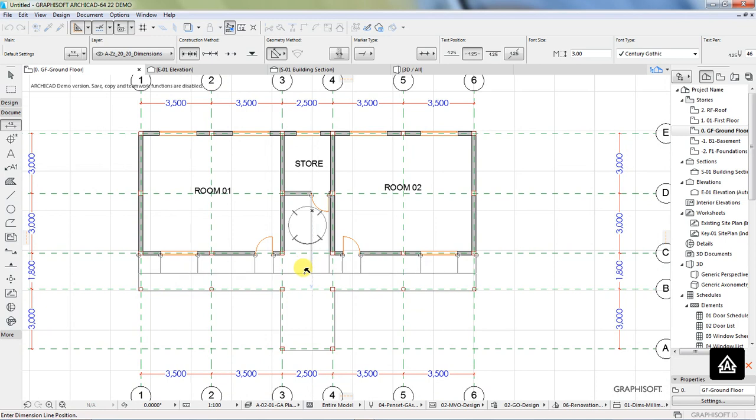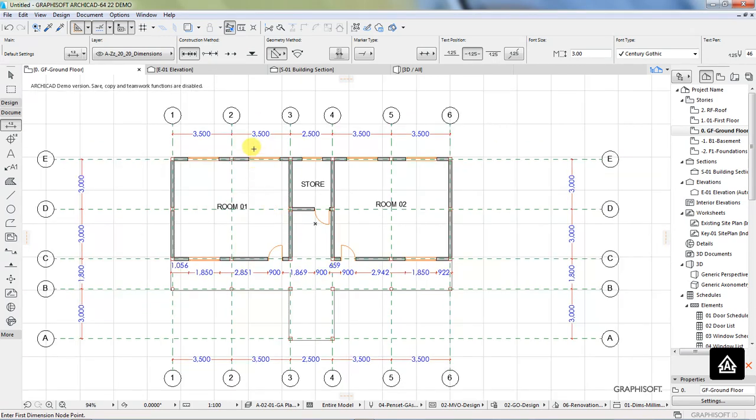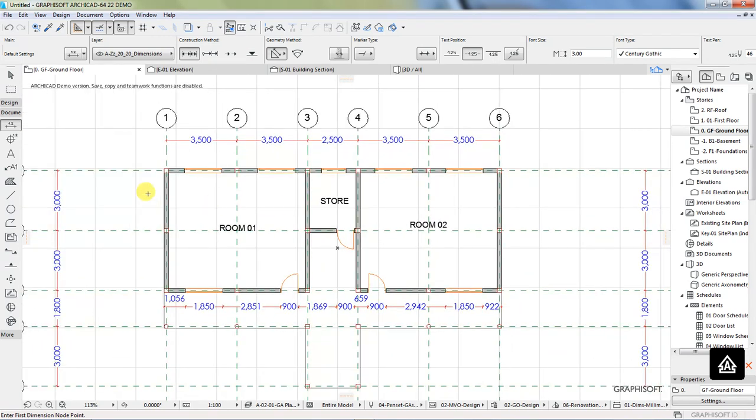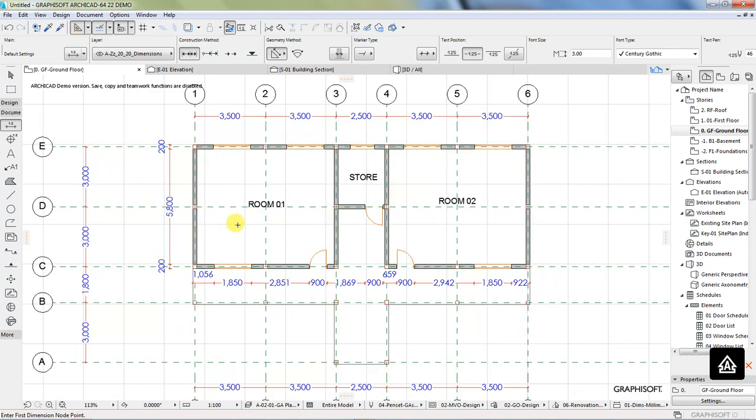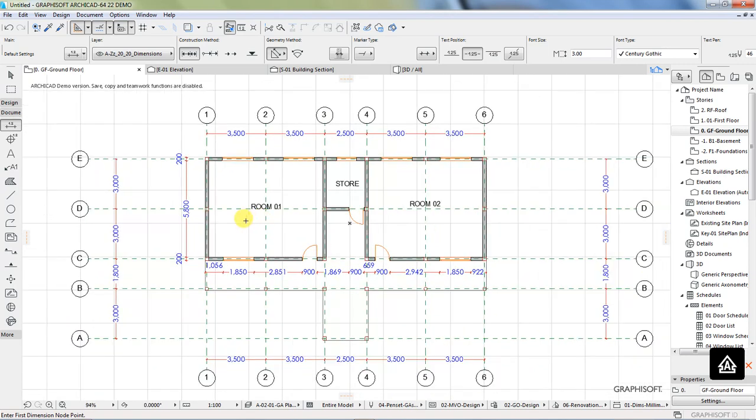So I'll just place this one here. This is it. Let me dimension these walls. Place this here, and that's the basics. That's how to put the dimensions, and we are through with our part 1 of